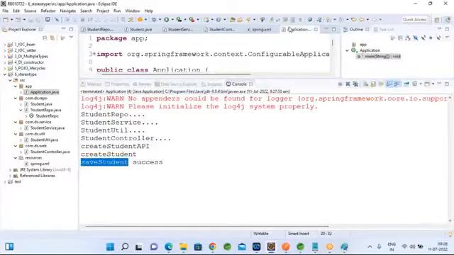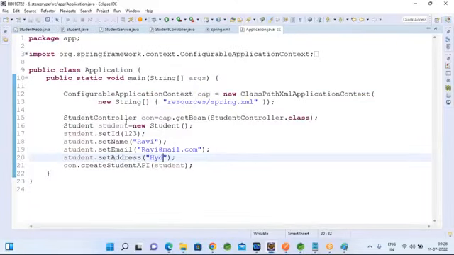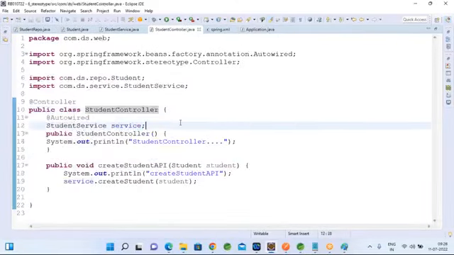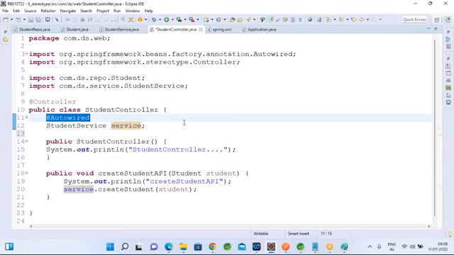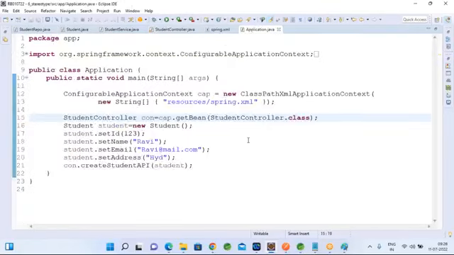How are we able to call it? If you visit your controller class, in your controller class you have only a service reference, but you don't have an actual object. We did not create the object. Whatever the container created, that object is injected here. Okay, how is it injected? As you mentioned, Autowired. If you don't autowire it, and you try to run your application and try to save the data,